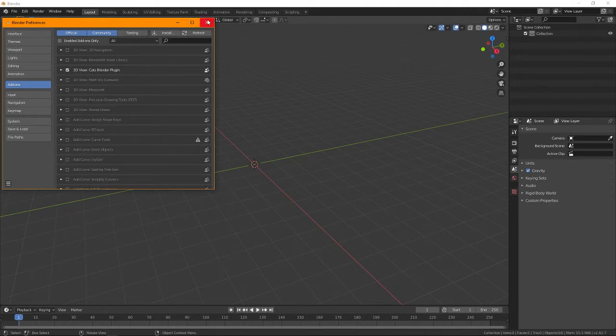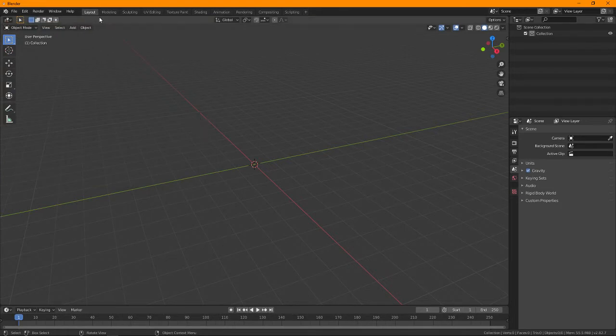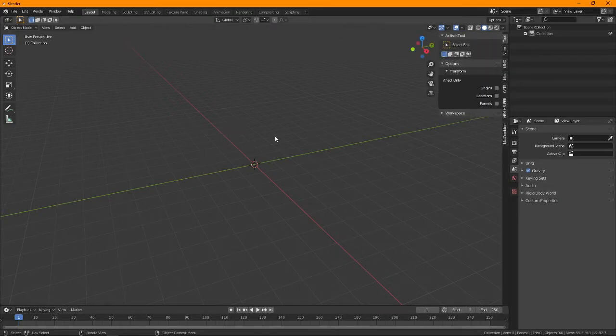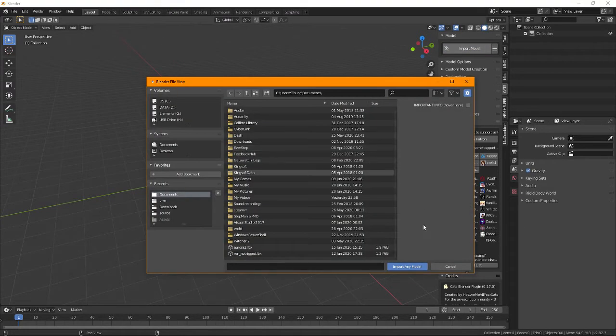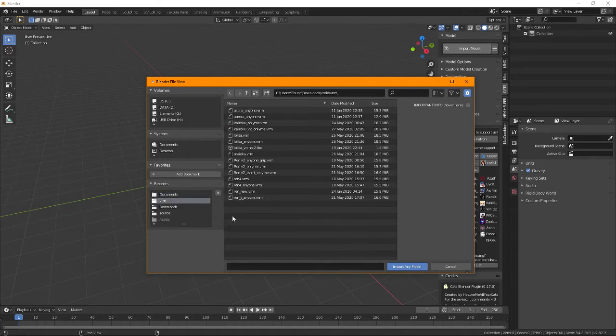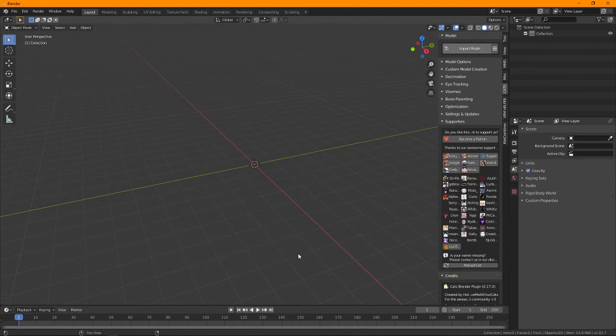So it's there. You can access it from the layout window if you press N on your keyboard, and this will show up, and you've got here what you will use. So you can import the model, and I will import my